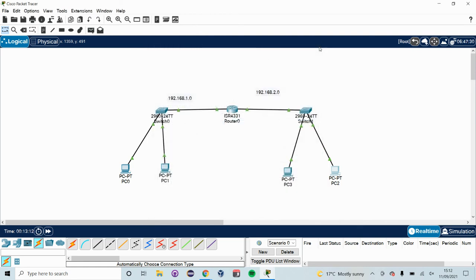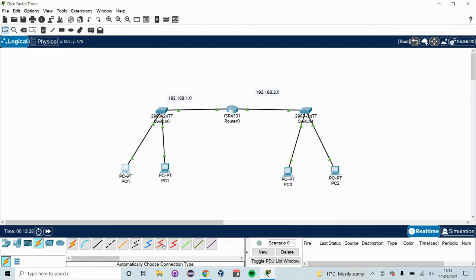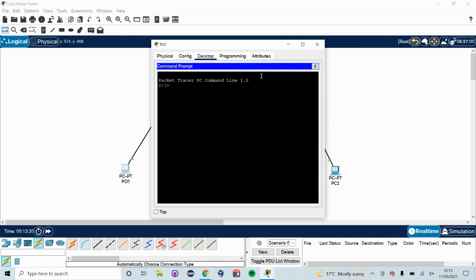Okay, so that should be a working network now. What I'm going to do is test that I can do a ping from this network to that network. So the last PC I configured was PC2. If I hover over it, it should tell me what IP address it is, 192.168.2.3. So if I go to command prompt, ping 192.168.2.3,